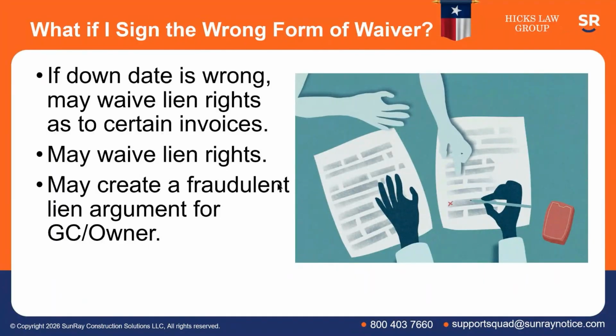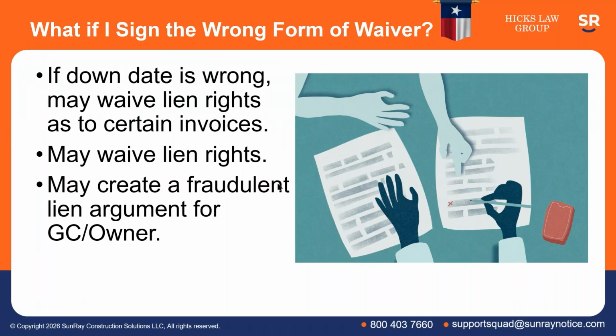Now, what if you sign the wrong form of waiver? Let's say there's a through date that's wrong, and you've signed an unconditional waiver saying that you've been paid through March 31st, 2026, but then you figure out that, oh crap, you really haven't. There was an invoice that got skipped. It really might waive lien rights in Texas. We don't know right now, so just be careful. But it also may create a fraudulent lien argument for the GC or owner, because if you go ahead and file,